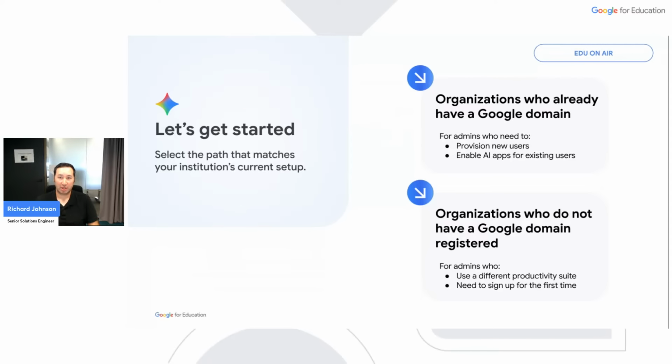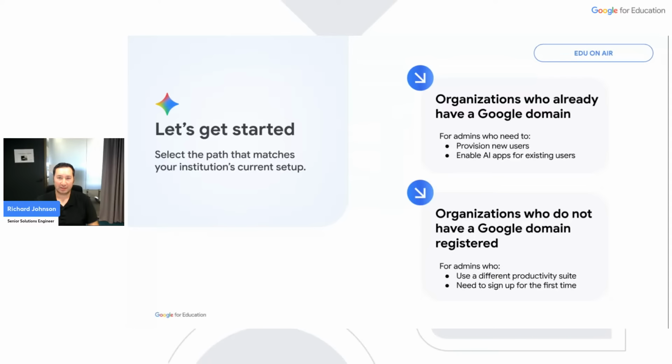Now, if you've chosen Gemini as your AI partner, or you're thinking about it, and you want to go down this path of creating a proof of concept or a pilot, let's go through what the steps are, and if you were to activate this. If you currently have an active Google for Education tenant, then activation is reasonably easy. If you're new to Google for Education, there are some quick and effective ways to get this going. And don't worry, we'll provide all the resources throughout this presentation and afterwards, so you can access them on the events page as well.